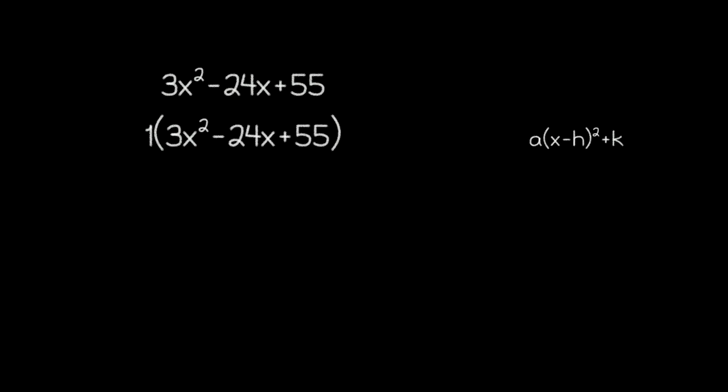When it comes to the vertex form, though, it turns out that what we really care about is factoring out the leading coefficient, regardless of whether or not it goes into each term evenly. So in this case, we want to rewrite the expression as 3 times a quadratic, and if we divide each coefficient by 3, we'll get the quadratic that goes inside the parentheses.